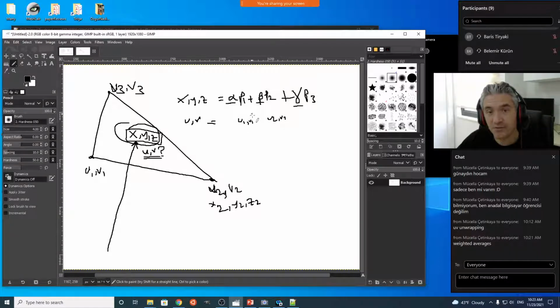But the challenge will be, given the coordinates P1, P2, P3, and XYZ, how do we find alpha, beta, gamma? And you also know a way to do that, right? For example, you can compute the ratio of the areas to the area of the triangle. We can find barycentric coordinates easily. It's something doable. You have to work out the math on paper. We have to see it, but we have a method